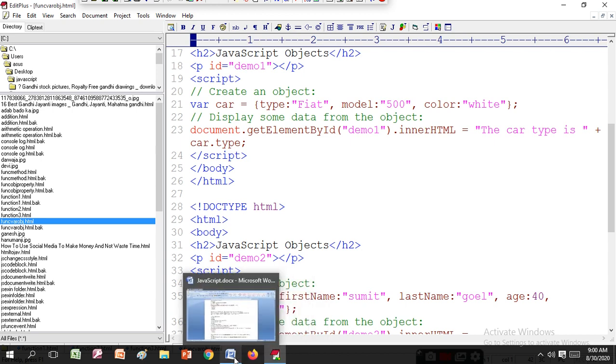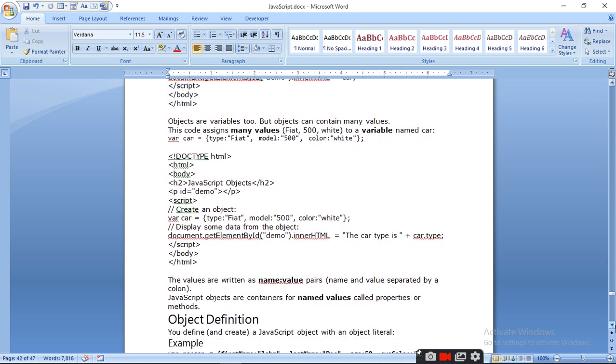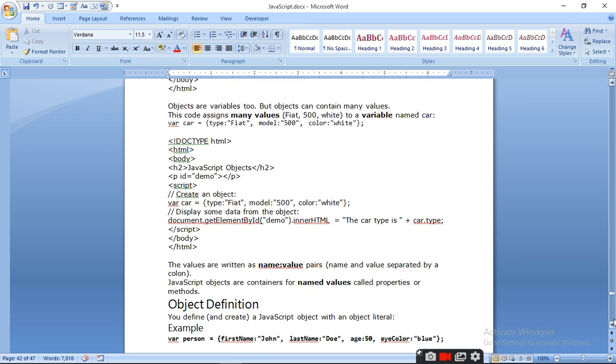Now objects are variables too, but they can contain many values. The values are written as name value pairs, with the name and value separated by a colon. JavaScript objects are containers for named values called properties or methods.